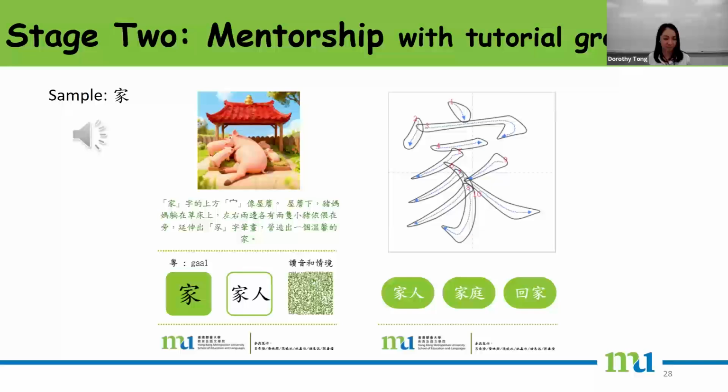花子的上方，著屋檐，屋檐下，豬媽媽躺在草床上，左右兩邊各有兩隻小豬依偎在旁，延伸出此字筆畫，凝聚出一個溫馨的家。